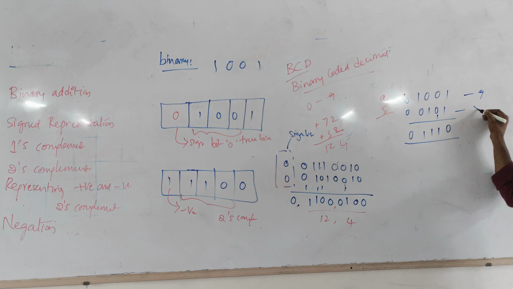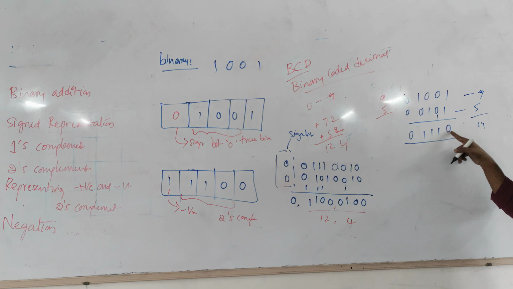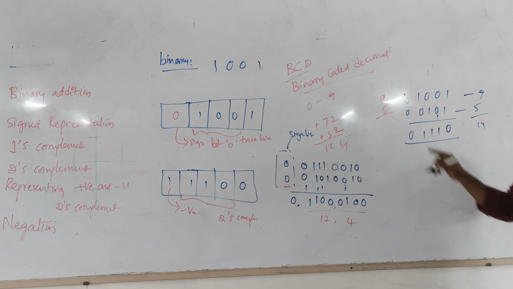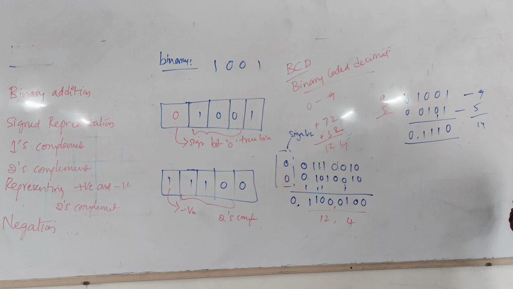This is nothing but 5. This is nothing but the actual value 14 we are getting, right? If you are performing 1 plus 1, 0 with carry 1, 1 plus 0, 1, 0. If you compare this one, this is the equivalent of 14. So, no issues. But the binary number cannot be represented like this.